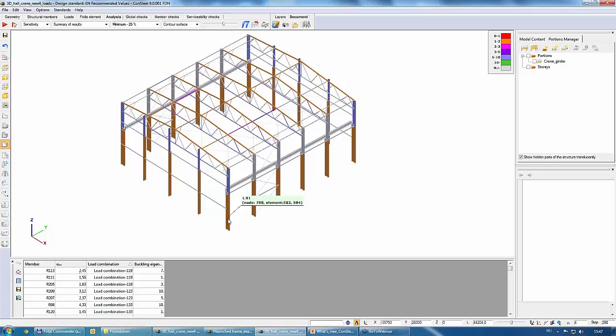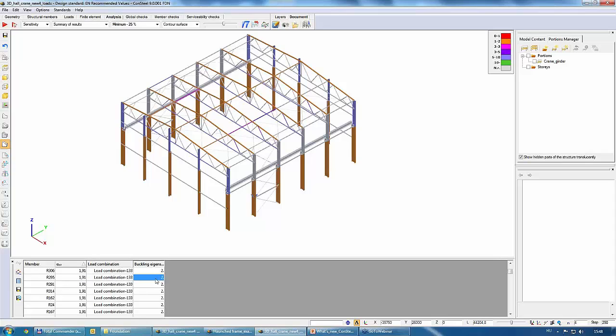For example, for this member, for the columns, ConSteel uses